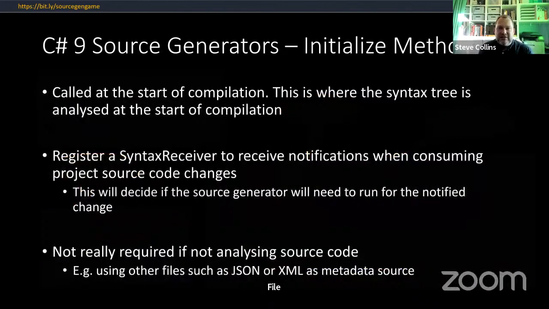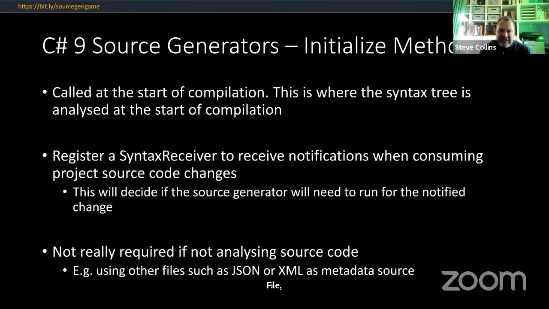So there's two methods to the interface that I mentioned. The Initialize method is called when the compiler first starts up, and this is where you register your generator into the compiler pipeline to go and listen for syntax changes in another code base. For this, you write a syntax receiver, which will pass the syntax tree to determine if you need to run your generator based on the syntax nodes within the tree. This is where source generation differs from previous things in Visual Studio, as the generator can be triggered whenever there's a change in the consuming project. If you're not listening for syntax changes and only using, say, additional files like JSON files, XML files as your source, you can leave the Initialize method out.